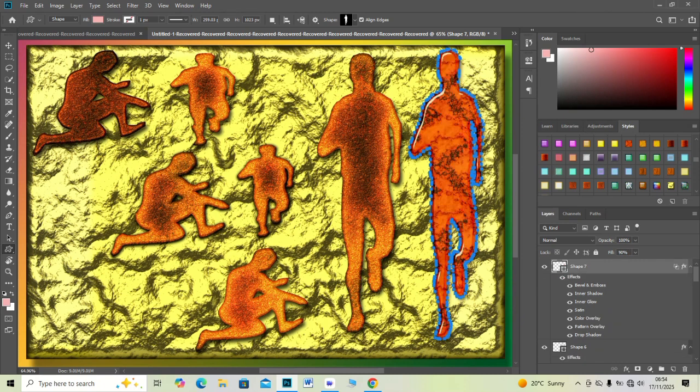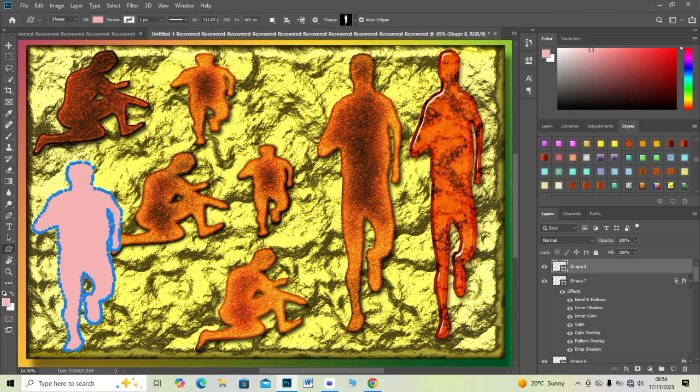And add a second noise layer for depth, re-edit instantly anytime. Add a color tint for dark